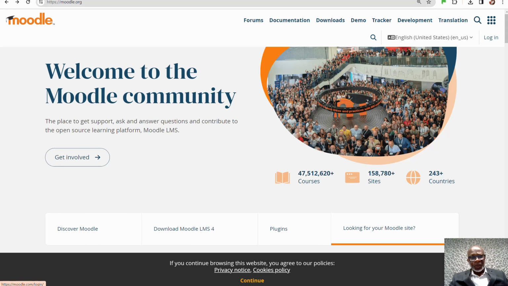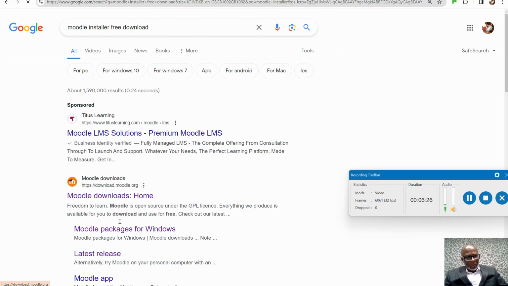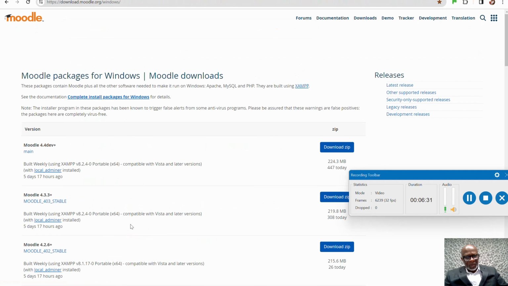So without much ado, fire up your browser and then go to moodle.org. Or you could just type it in Google, moodle.org, and click on the link, and it should take you to this page. So you now click on download Moodle packages for Windows. So this should do it. Yes, so this is what we want. Moodle 4.4, the Windows version. So this is the latest,